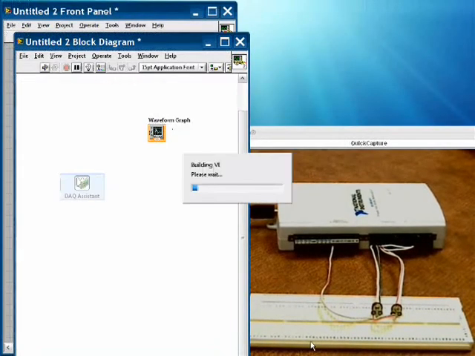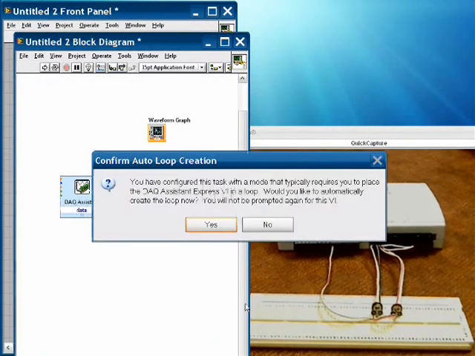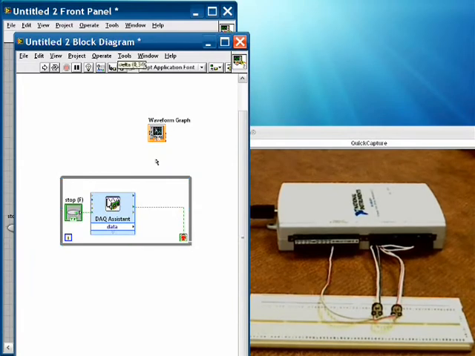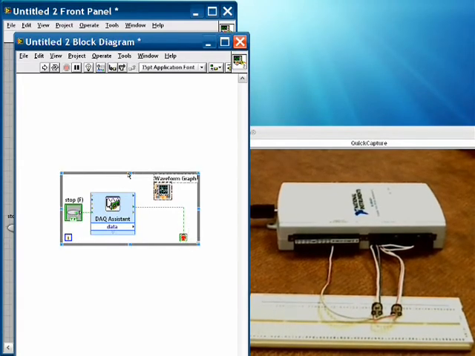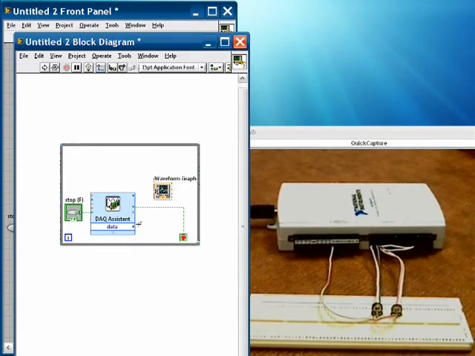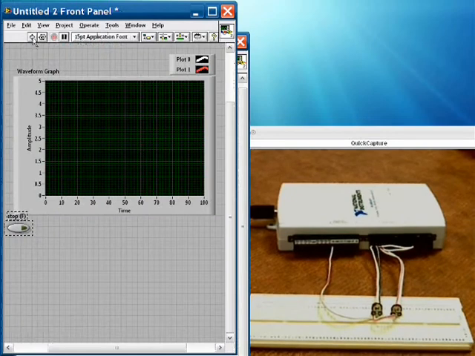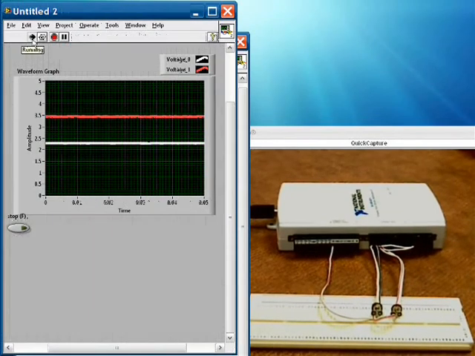This is going to build our function for us on the diagram. And yes, we will put this inside a loop because it's a continuous acquisition and we'll do it over and over again. So the next thing we do is we put our waveform graph inside the loop and we wire this up, and we're pretty much ready to go. We'll go back to the front panel, we'll click the Run button, and now we're acquiring our 2 channels of